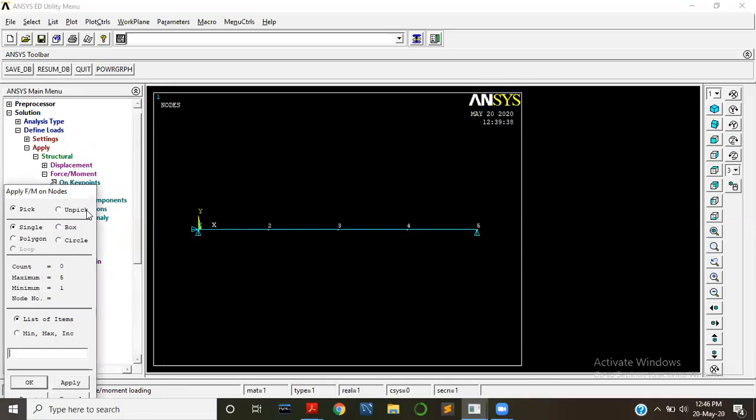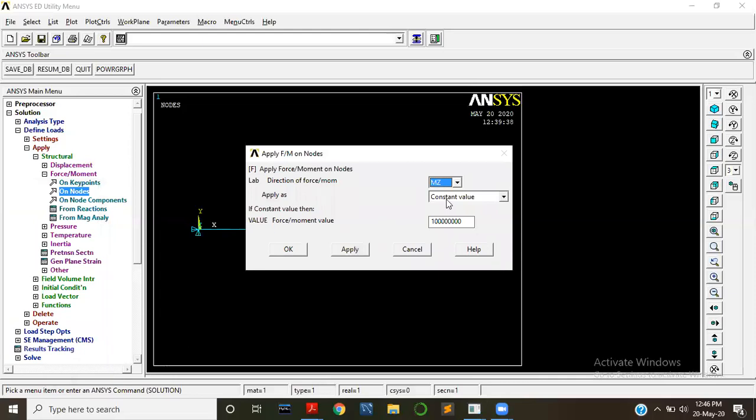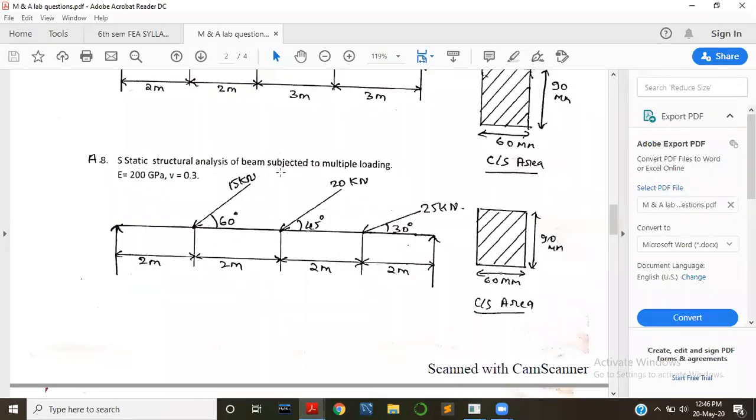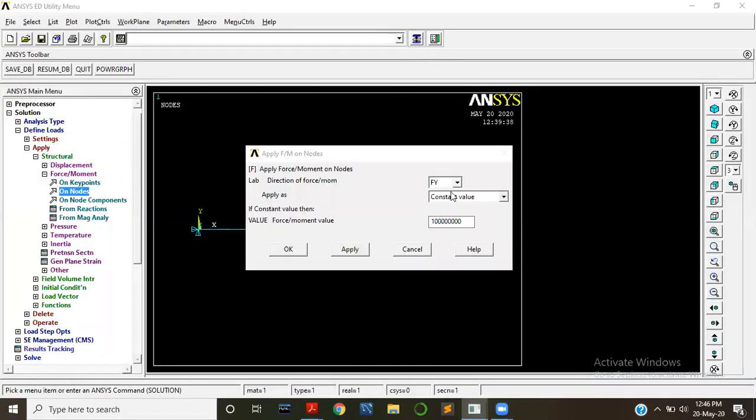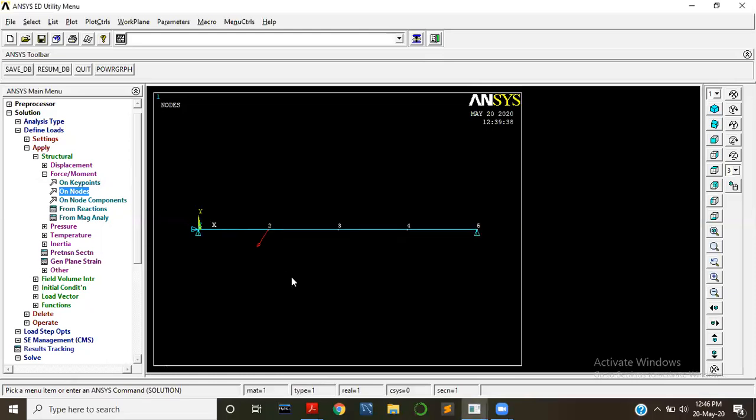Click on node 2. Now apply this one as Fy, because in the question it is acting downward in the y direction. Fy, and the magnitude is minus 15,000. You can see it's acting in this direction, right?